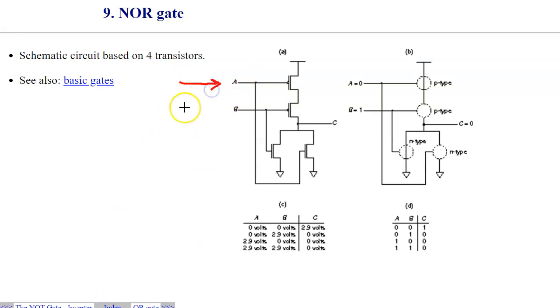A and B are inputs, and C is always the output. So we're not expecting in any case that a signal supplied from other sources to this terminal will be affecting this